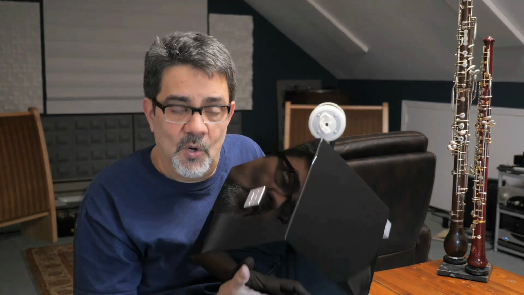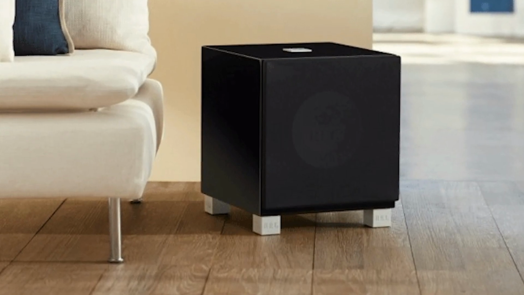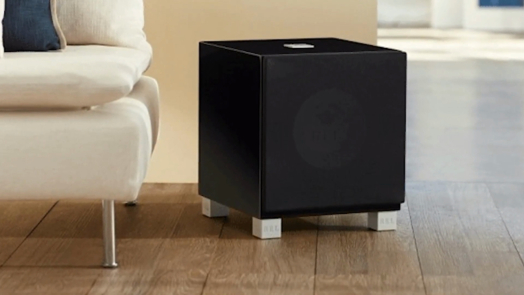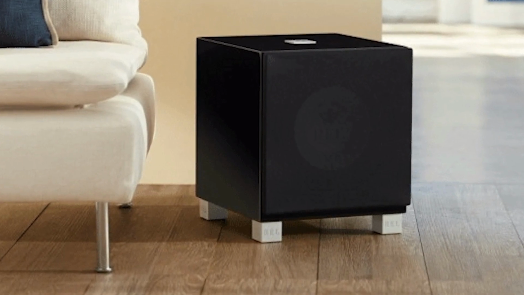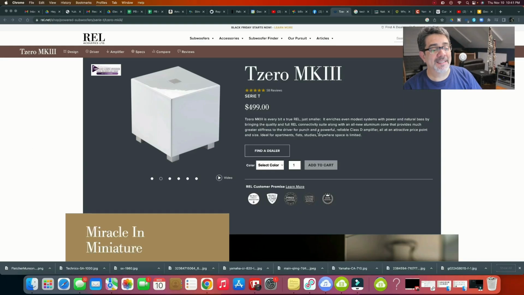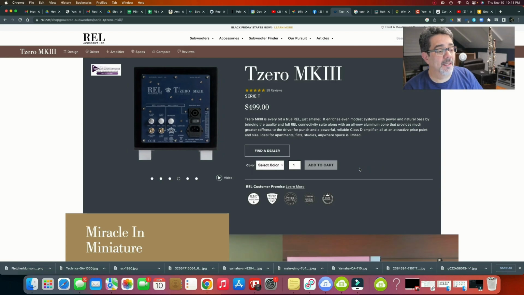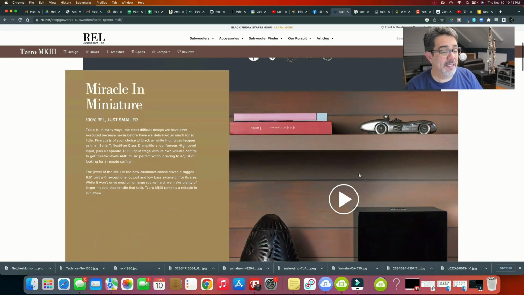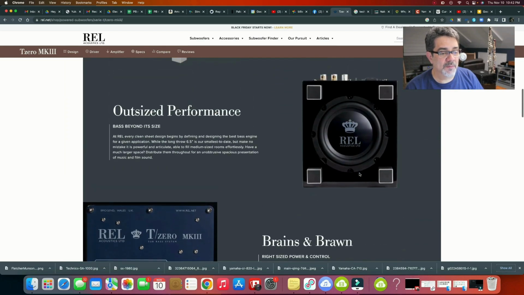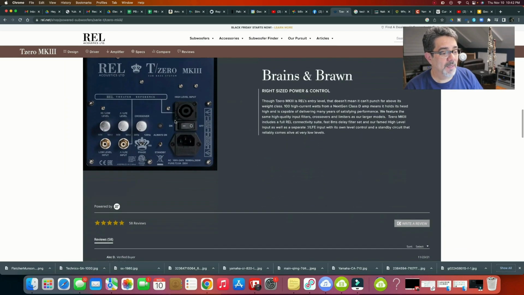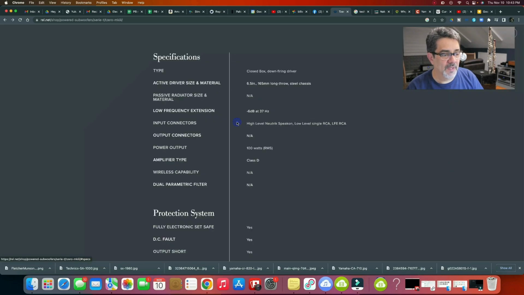It's amazing. Speaking of drivers, let's see what the REL page says about this REL T0 subwoofer. This is a T0 MK3. You can get it in white or black, and that's about it. The black one is very nice. It's like a black piano finish, and it's really well finished. And here you can see the controls, the connections,